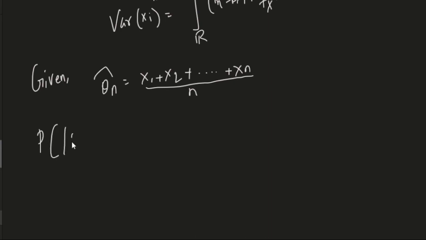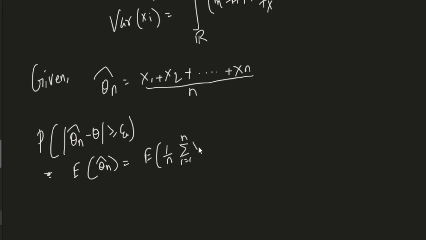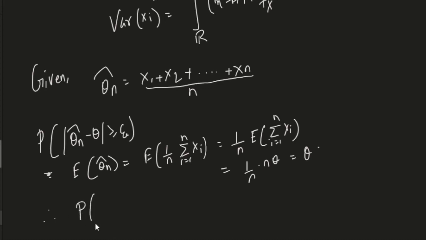So then the probability that the absolute value of theta n cap minus theta is greater than or equal to epsilon is equal to, so what we do see here is that they have a common PDF and they can be treated as equals, right? Now this means that we can use Chebyshev's inequality here, because we see that E of theta n cap is E of 1 by n summation of i equals 1 to n Xi, which is 1 by n times n theta, and this becomes theta, right? Therefore using Chebyshev's inequality we have